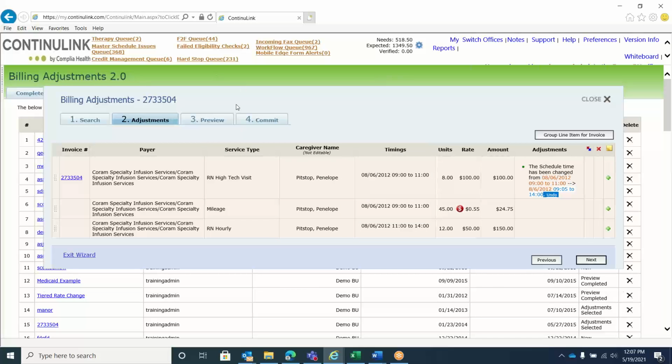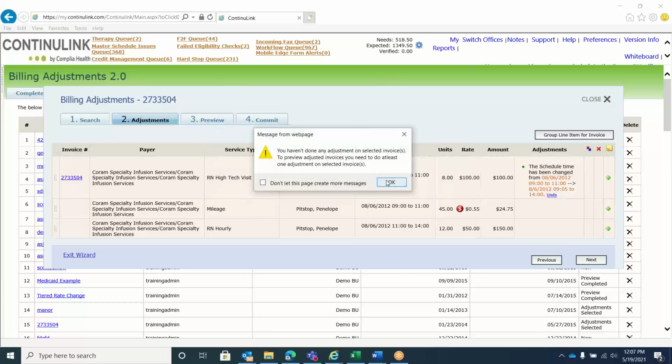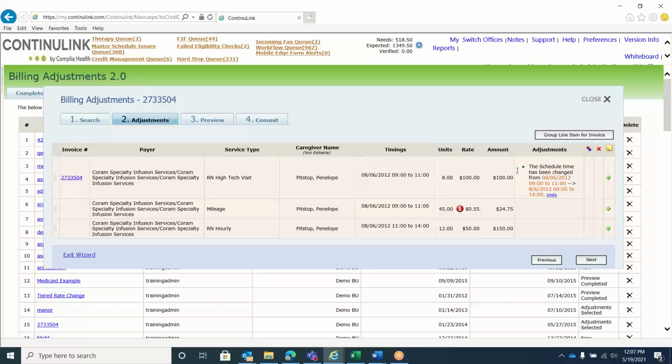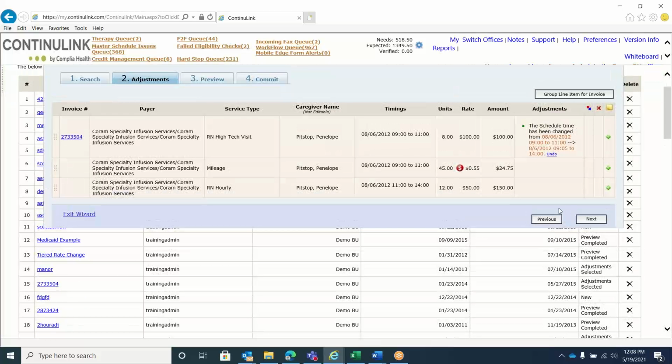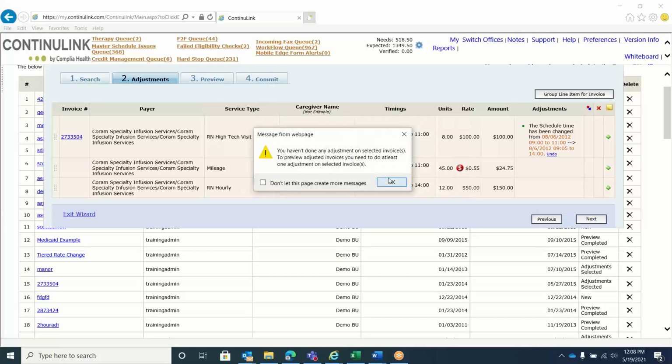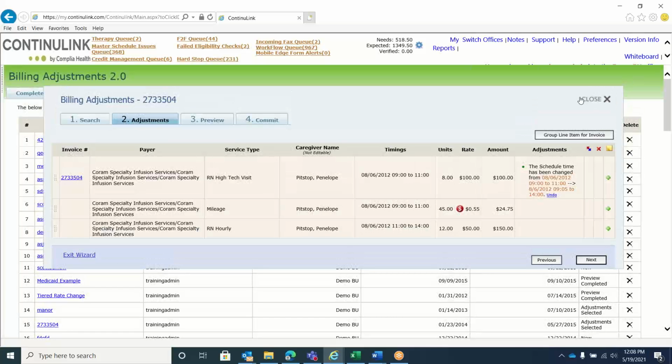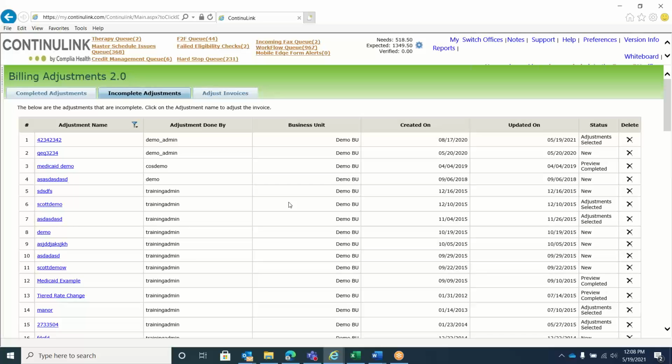Scott will be able to show us for sure if he joins, but yes, you have the ability to come in and adjust off of it, preview what you adjusted, and then commit it. So anytime a change is made in the scheduling, it would show up in this adjustment as something that needs to be rebilled. Well, so what we basically say in our system is we don't want you to have to